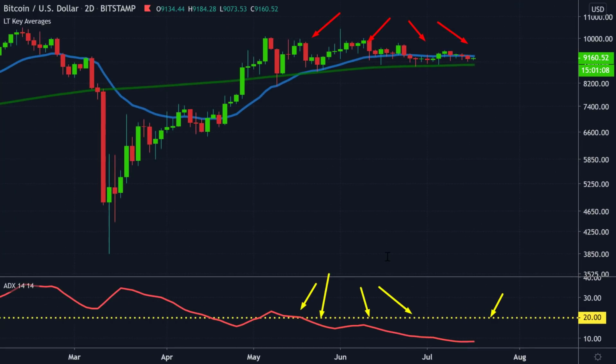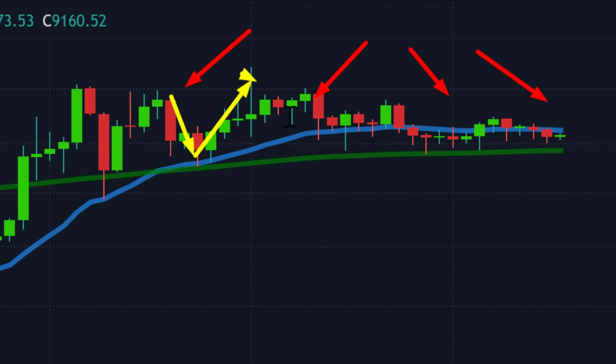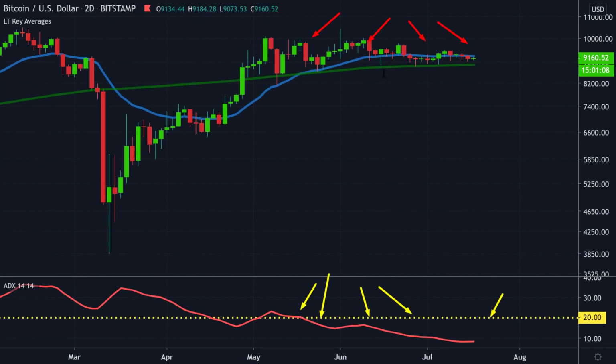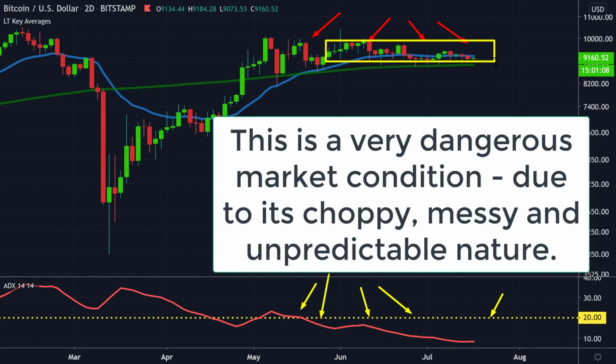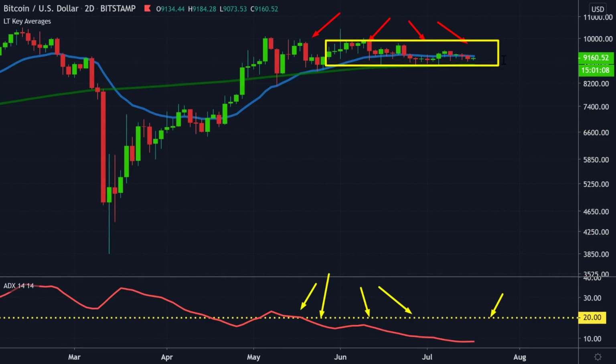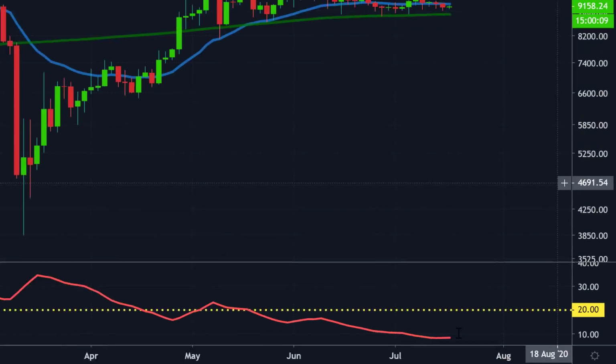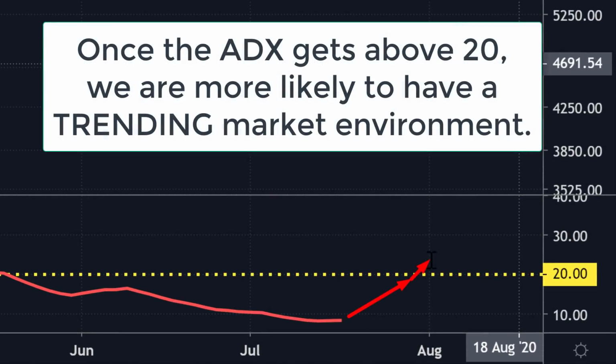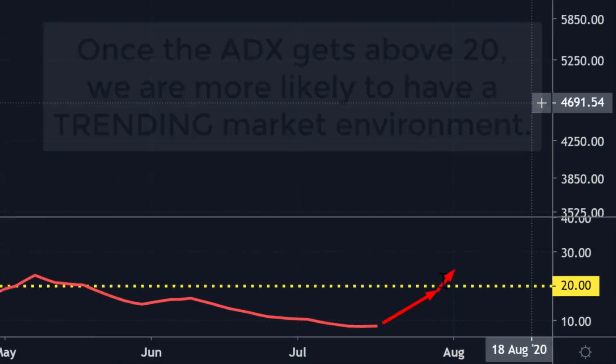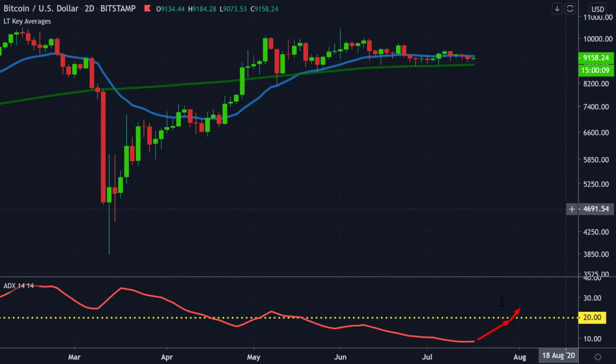Non-trending, choppy, sideways market environment. Lots of up and down, lots of this choppy sideways market action that you're seeing here. All right, guys? What we hate, essentially. So that's what we have at the moment so far. So look, if you're looking for a better, much easier trending environment, then you probably know that it's better to wait for this ADX to get above 20. So the bottom line is, once this ADX gets above the 20 region and above this level, then you're probably dealing with a much better trending market environment.